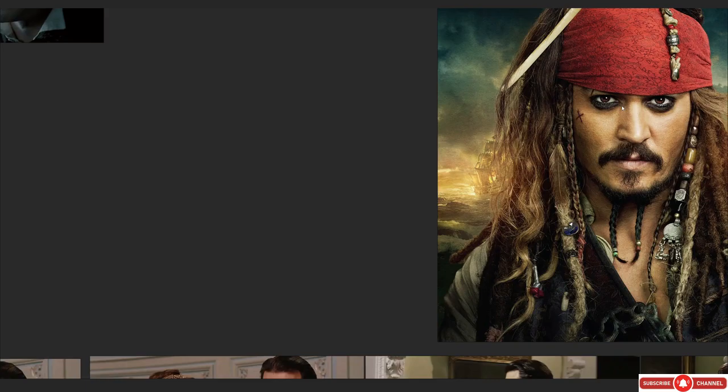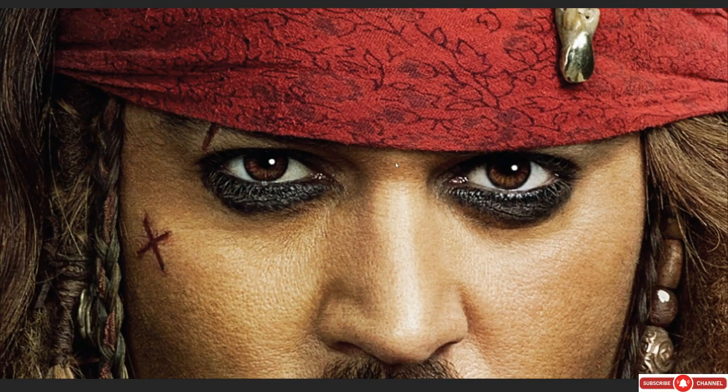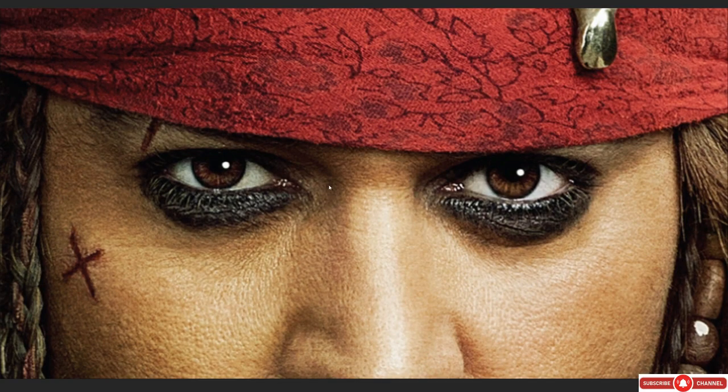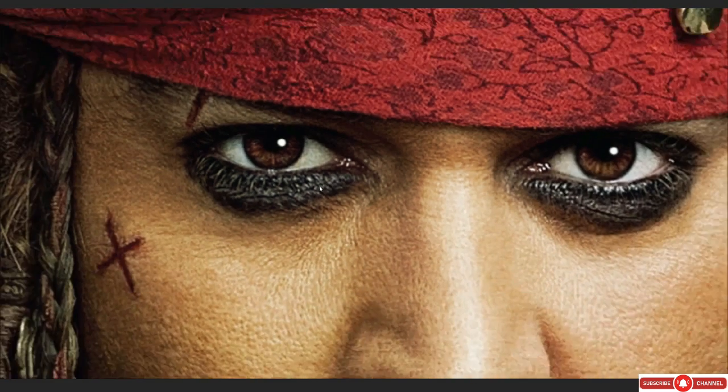All right, now let's just look at the reference, and you can see some of the stuff that is going on over here. Not the whole area is pure black. We can actually see through some of the eyes as well, and it is going into the crevices as well. So this is pretty important, and I'm gonna show you a really cool way to achieve something similar, and that's going to be fun.